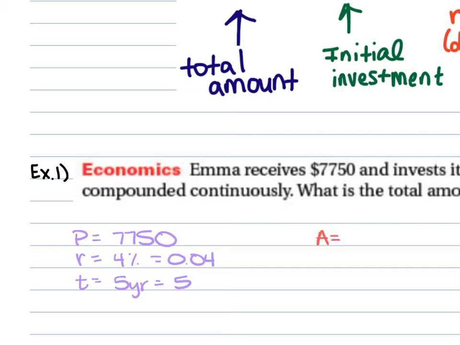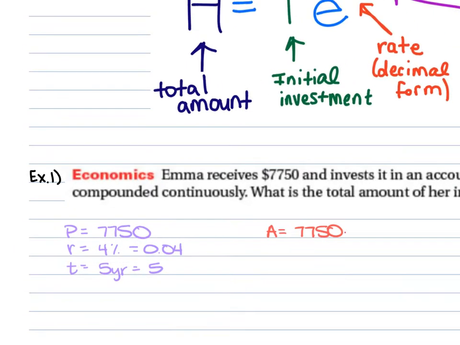So A is equal to P, which is 7,750, times E to the power of your rate as a decimal, so 0.04, times your time, which is 5. So using your calculator, you type in 7750, then that E button, you're most likely going to have to press the second button and then that LN button, and then you just type in 0.04 times 5 and hit that enter button, and we end up getting